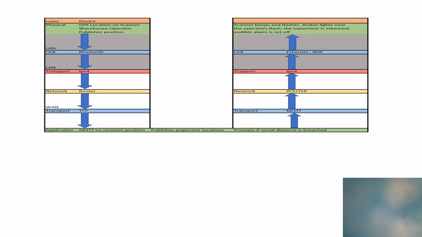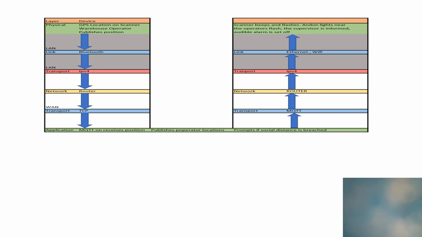It tells the position, goes via Bluetooth, and goes through internet protocols down to the network into the MQTT in the cloud, and then the broker will take the published information, and then if there's two people who are close to each other, then that's when it'll publish a prompt on what to do if those things happen, and then it'll come back, and this time it'll be going through the